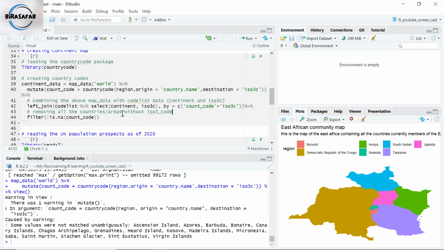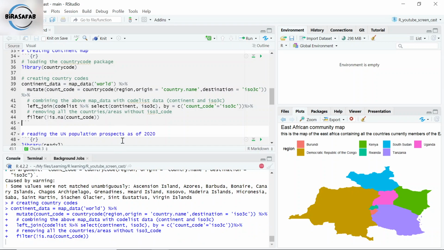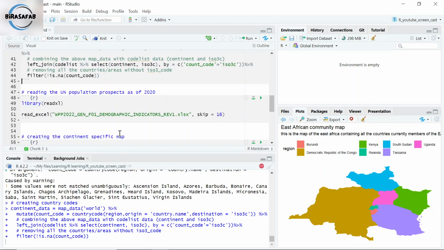I'm not going to delay here. After combining, let me run this code. After combining the two datasets, I am going to use,